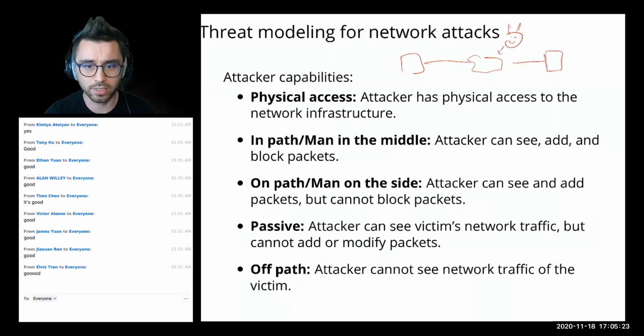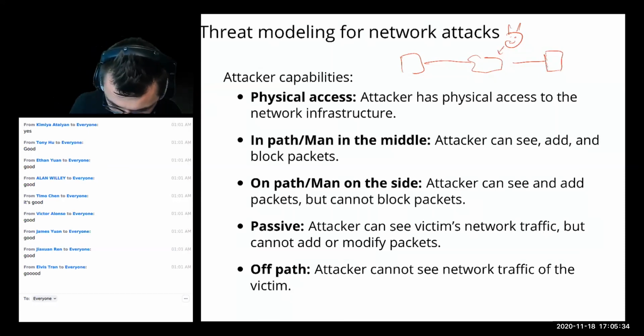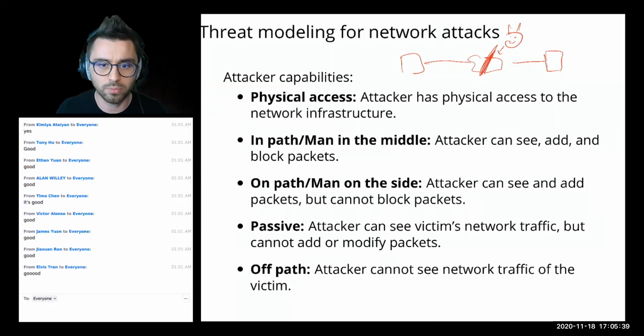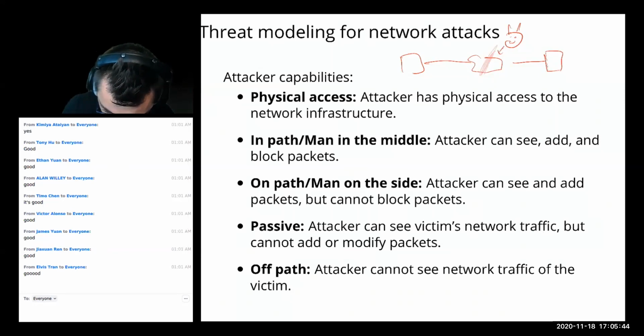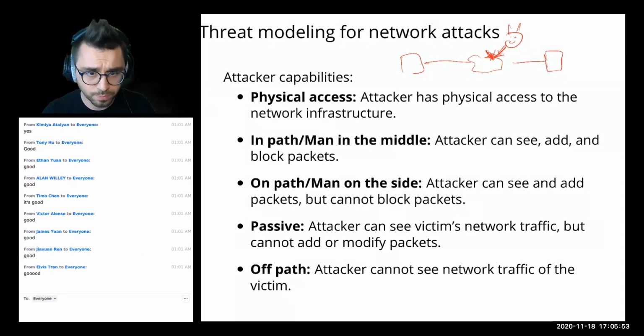So this attacker, they can sniff, right? They can actually look at packets, so they can inspect them. They can even add their own packets, but they can't actually block packets, right? The reason it's called on the side is because they don't have the direct ability to block the communication between two different endpoints, but they can sniff and inject their own thing. So this is really more the figure of an on-path attacker. They're on-path because they're able to actually see all the packets.